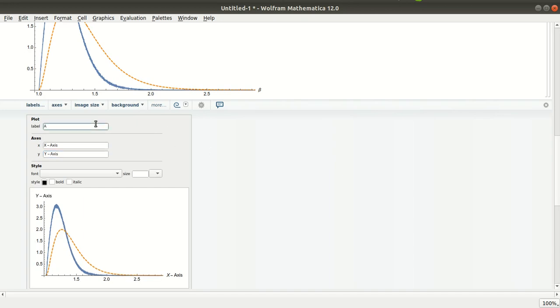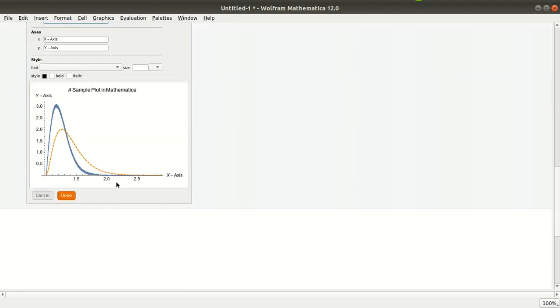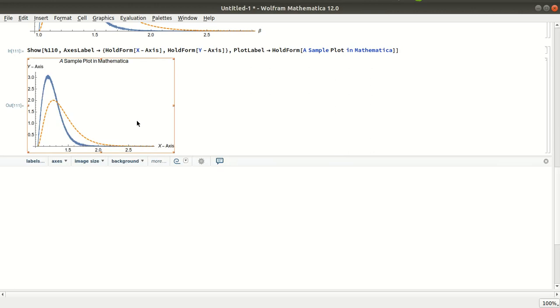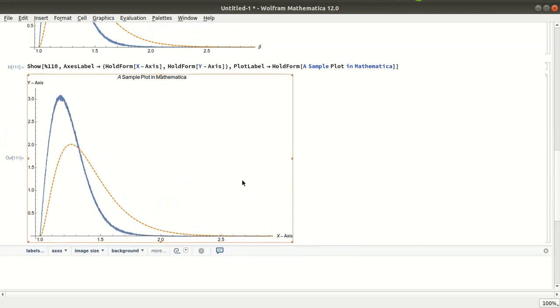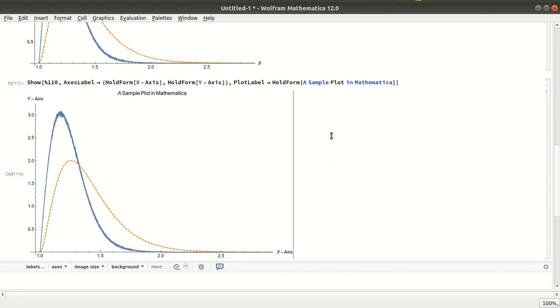And plot label is a sample plot in Mathematica, right? And done. So this is basically how you plot in Mathematica. This is your data file and this is your function. It is very easy, as you can see here.